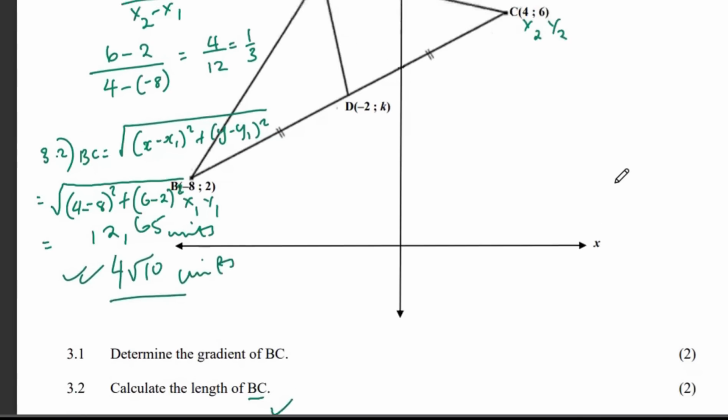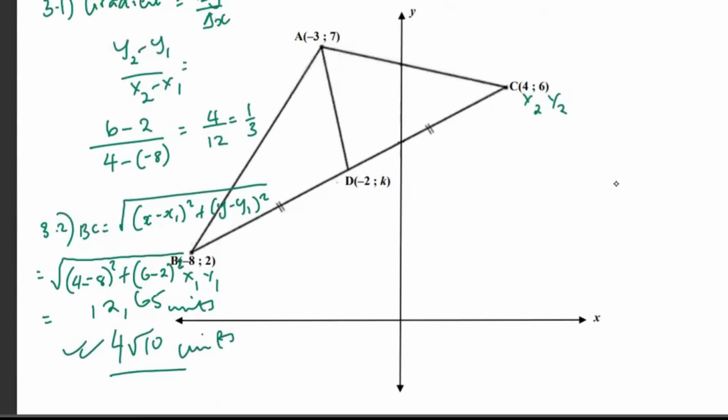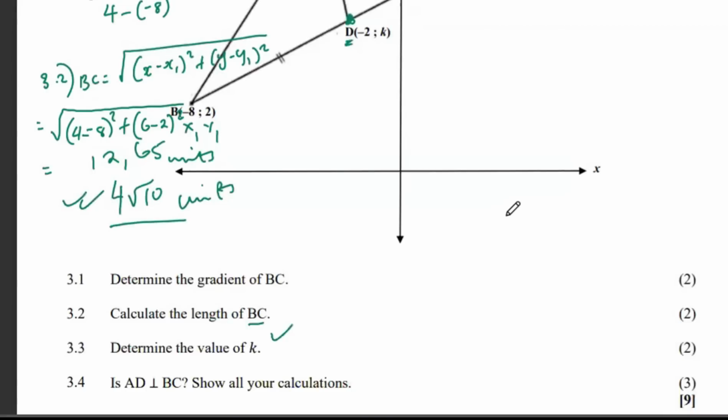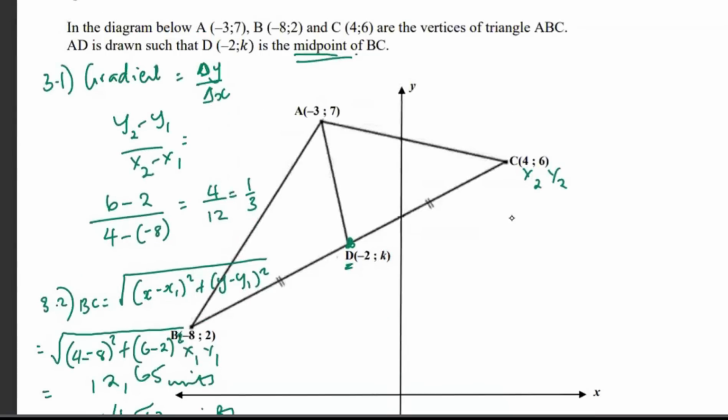Now remember K, or the coordinate D, or the point D, is the midpoint. So you can use the midpoint formula. So this is 3.3. So midpoint is x1 plus x2 divided by 2, and then y1 plus y2 divided by 2. So since we are just interested in K, we can get the 6 plus the 2 divided by 2. Okay, so it's going to be 6 plus 2 divided by 2. That's 8 divided by 2, which gives us a 4. So if that is true,